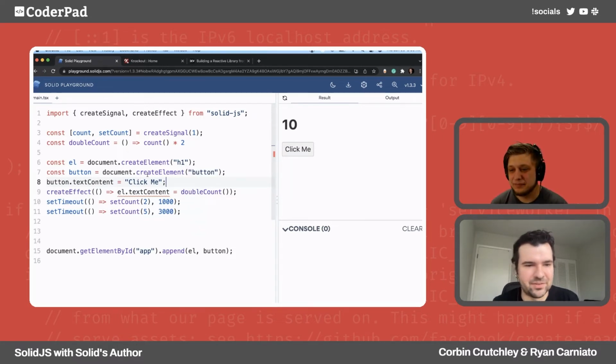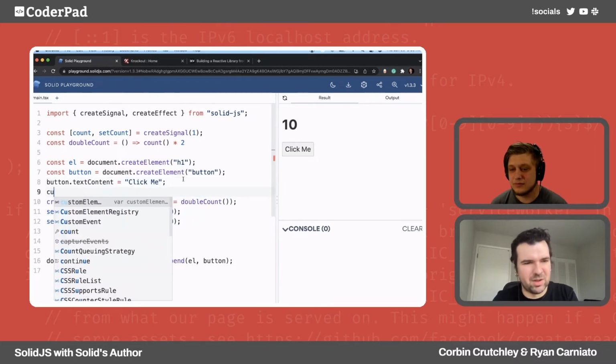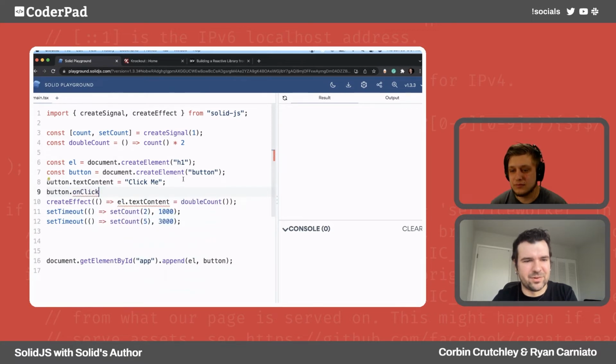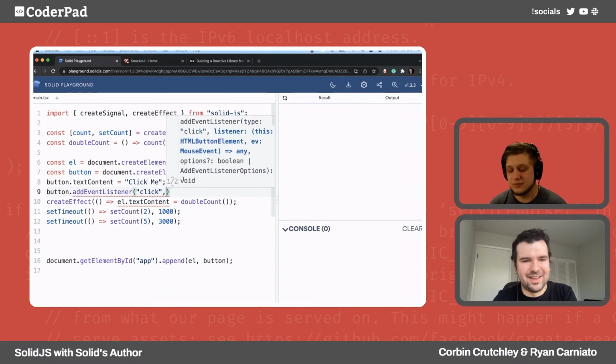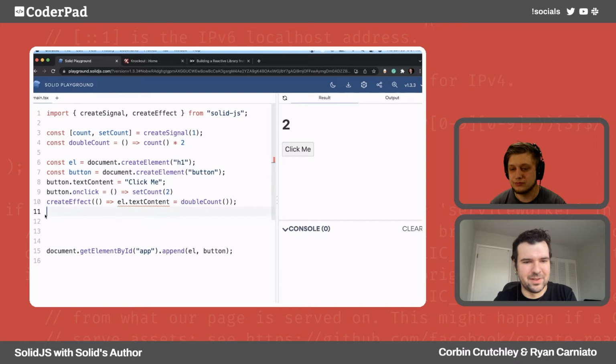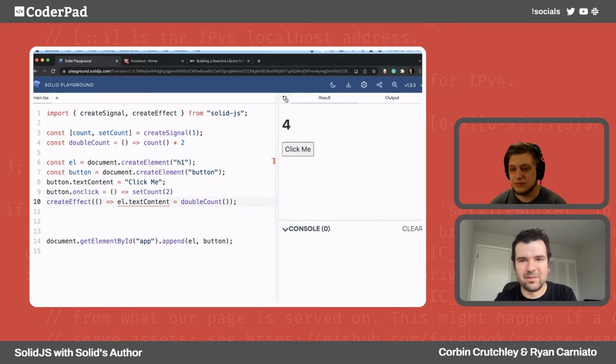But my point is, you'd have to do this, and then you'd be like, okay, well, then what do we want to do? We're going to go button onclick, I'd say addEventListener click. I mean, I could do onclick actually. Let's do onclick, it's even simpler. The browser has this built in. This is not going to have our nice time thing, but we should be able to. So it's just 2, then we click on it, it changes to 4, right?